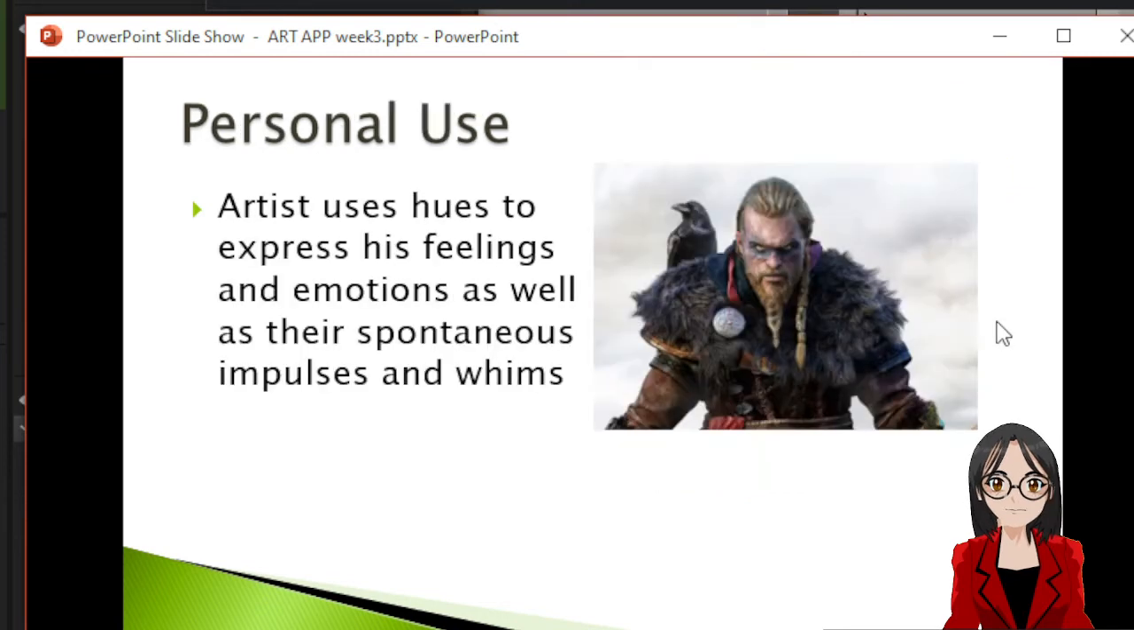Okay, so next is personal use. Artists use color to express their feelings and emotions as well as their spontaneous impulses and whims. So, for example, a red face bears strong feelings. So, this is like,